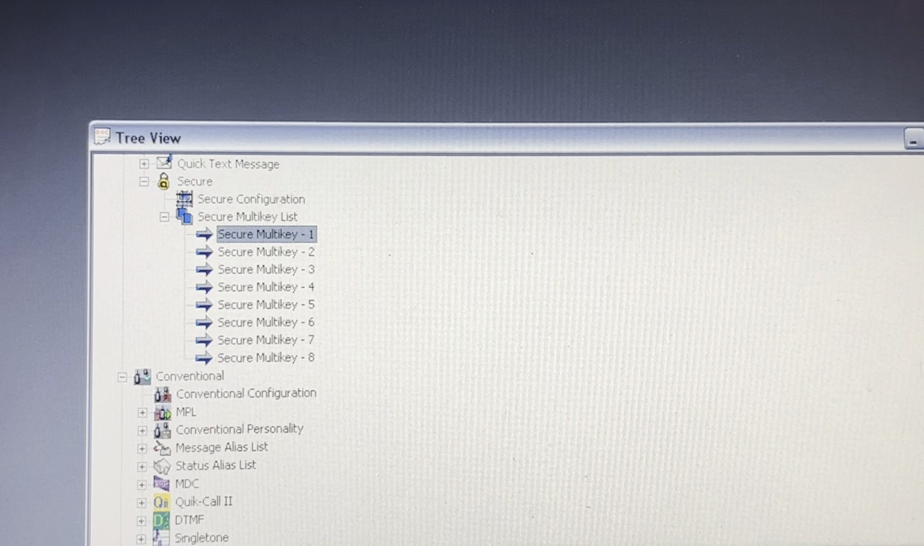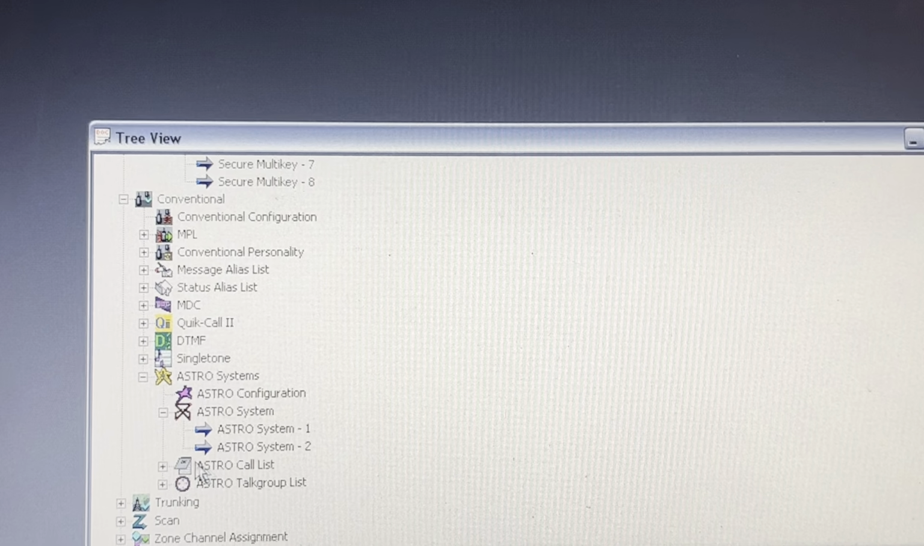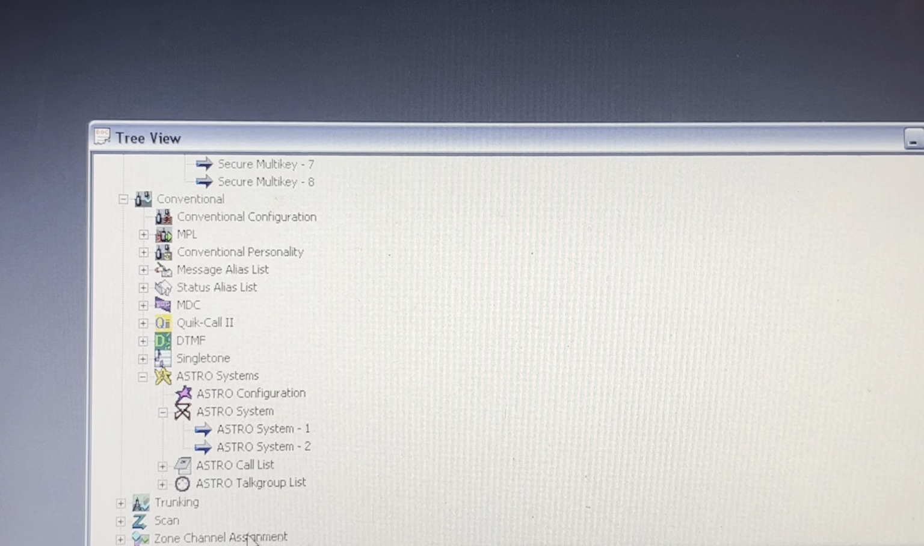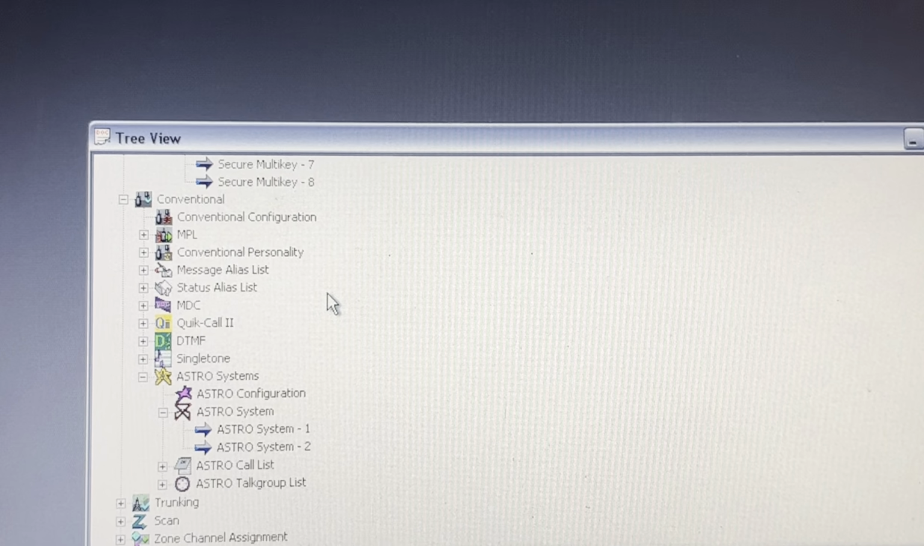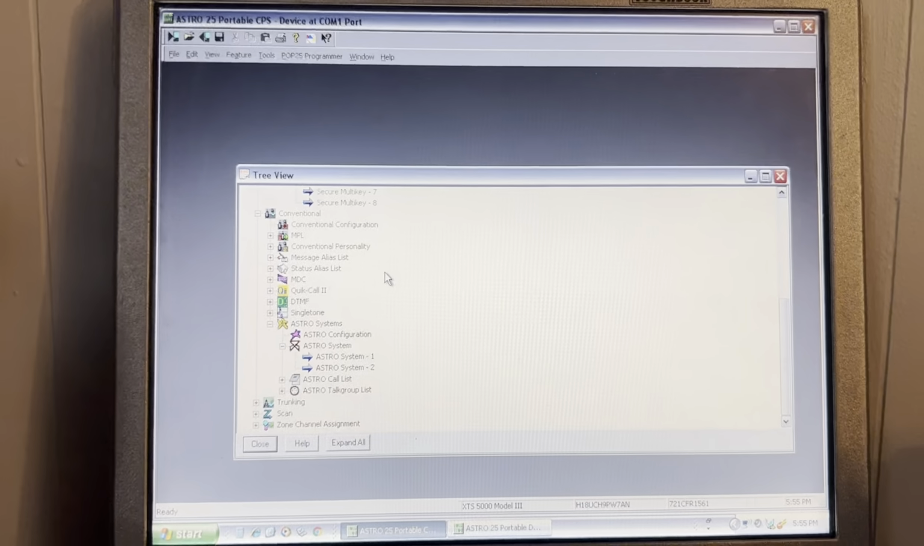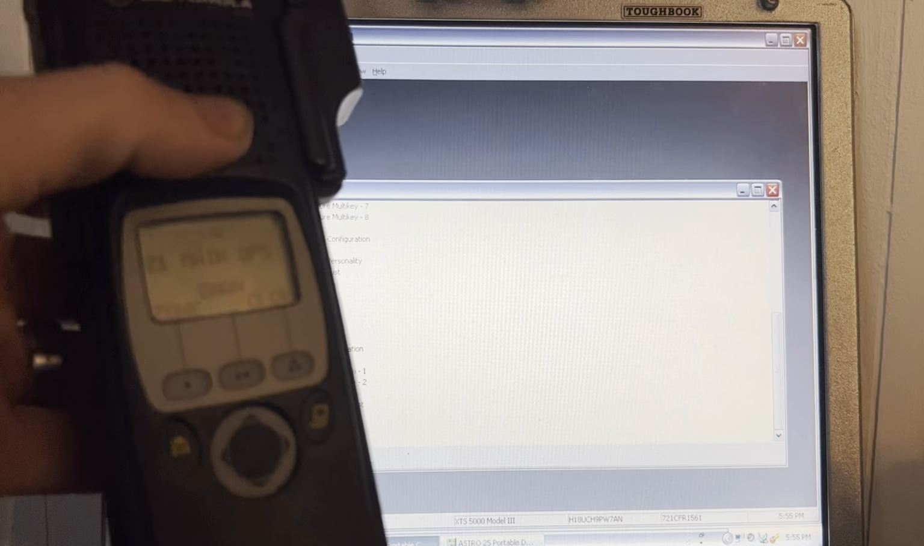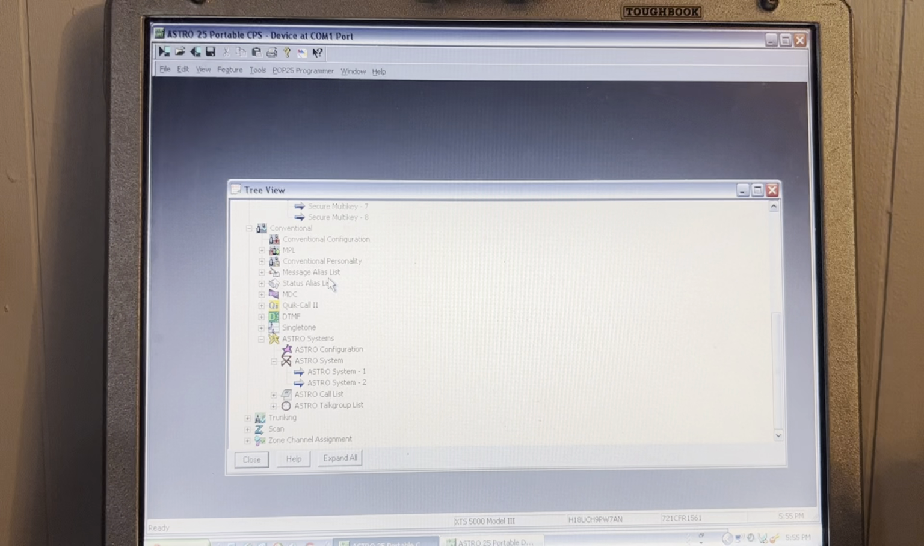Now that you have your key and everything has been set up accordingly, you're going to write to your radio. Now when you write to your radio, I'm not going to do that. It's very simple. All you're going to do is hit this button right here and it'll write the radio. Now when it does, what you're going to do